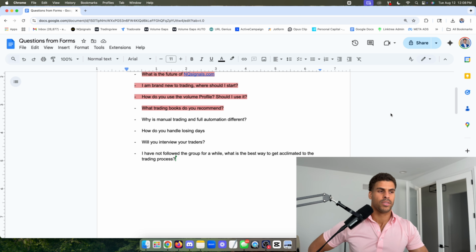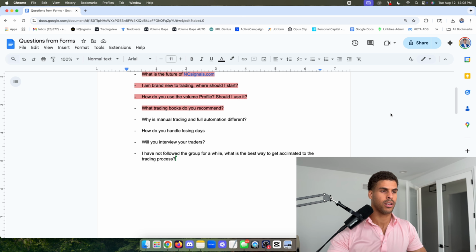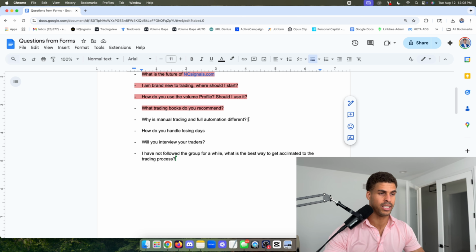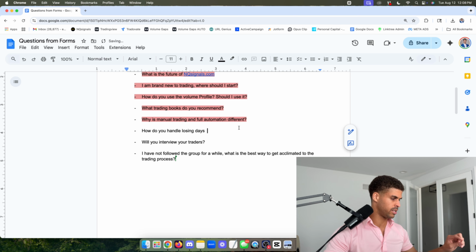So a really long answer to say manual versus fully automated are typically different, and it's okay for them to be different. For me, they are different, and that is all right. It took me a while to come around to this, but it is okay. Manual trading goes off a lot of feel and timing. You typically can't sit at your computer 23 hours a day. And automation doesn't really even look at charts. You're looking at data, and the data determines what you are going to do with said strategy. So hopefully that answers that question. But yeah, manual versus full automation is just a little bit different.